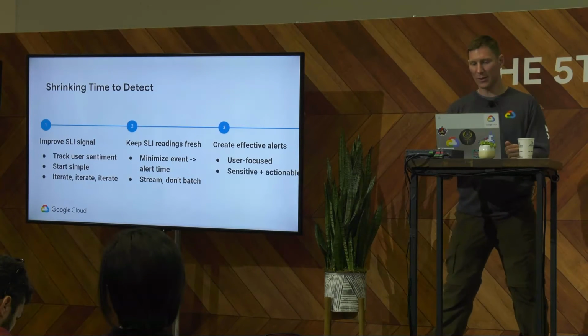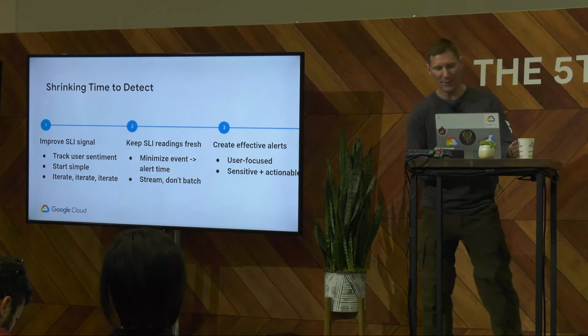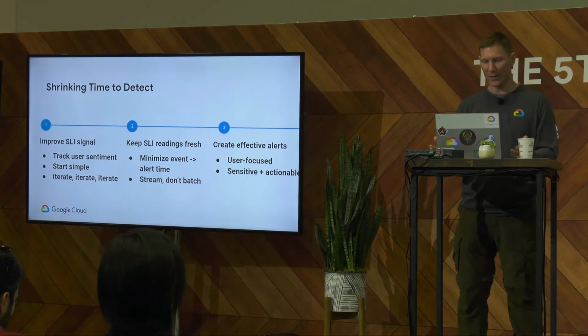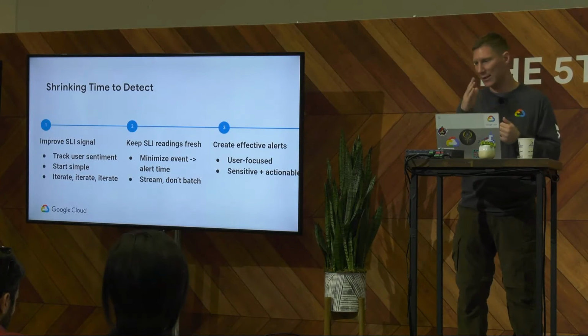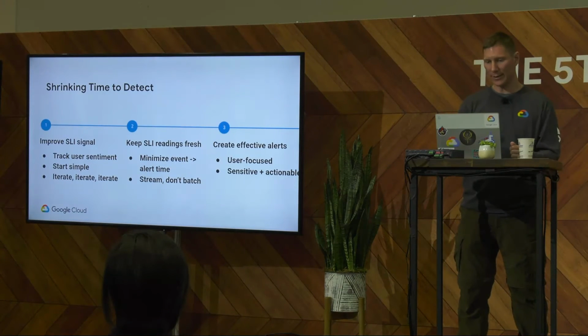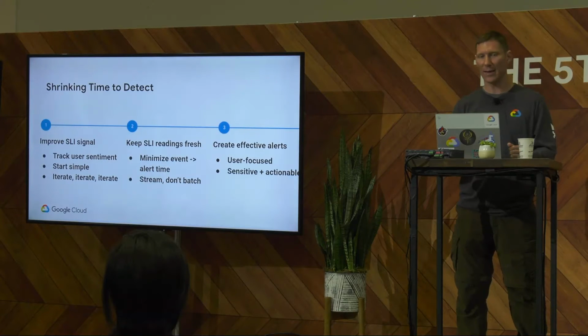You want your alerts to be both sensitive and actionable, but it's hard to get them both at the same time. Alert too quickly, and you'll be paging at midnight for something that goes away in seconds, and your on-callers will start looking at it, and they'll see it's already gone away, and they'll be annoyed. But if you alert too slowly, then you'll be wasting time that you could be using to mitigate real outages. It takes some analysis and time to find the right balance.